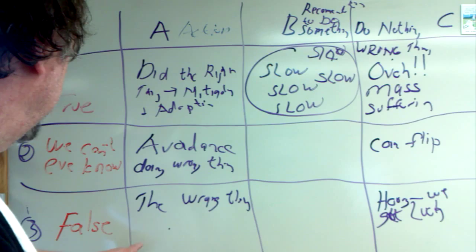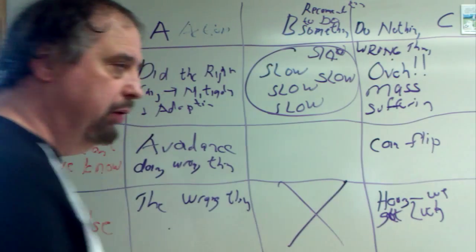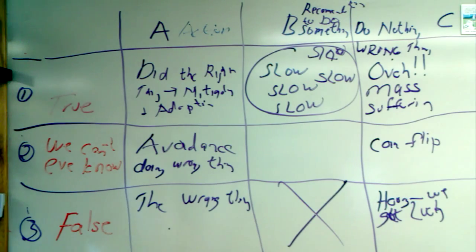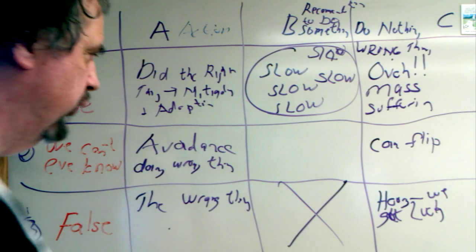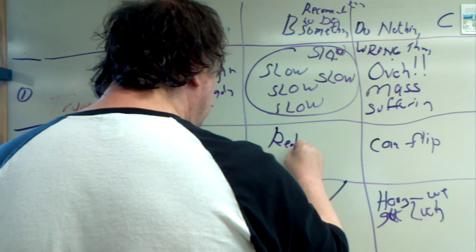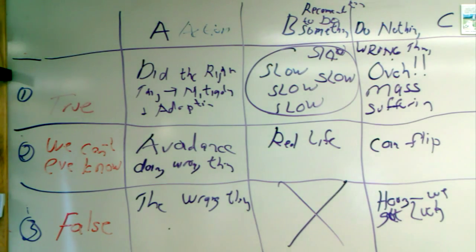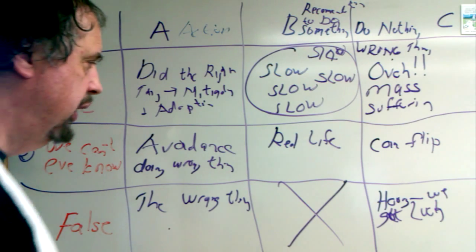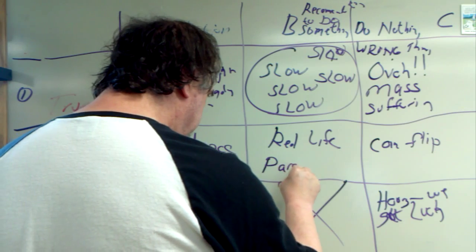Now, of course, if climate change is assumed false, that box is real simple. Nothing's going to happen. Since we already know it's false, why do anything? And then finally, the real life box. And the real life box is the one in the middle. We can't be sure that climate change is occurring, and we don't know what to do. So there's 2 choices there. You can either stay in this paralysis,